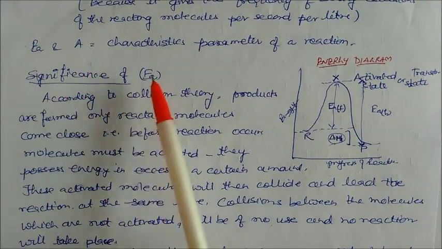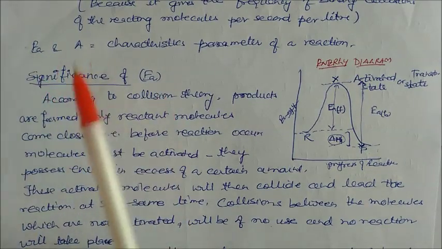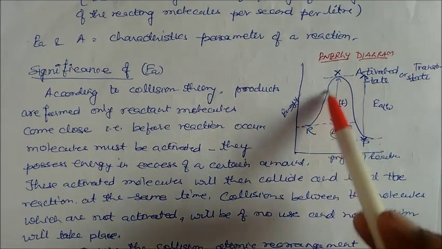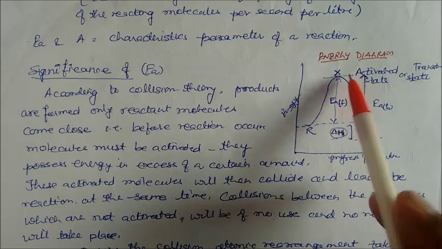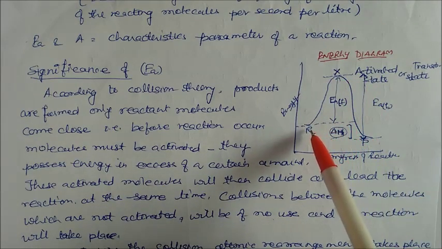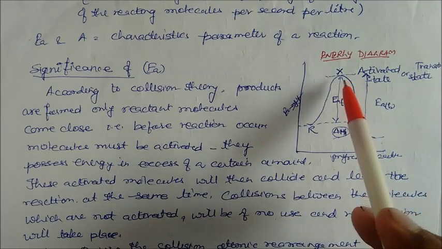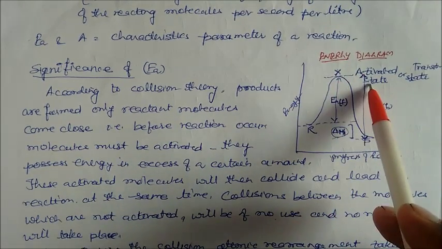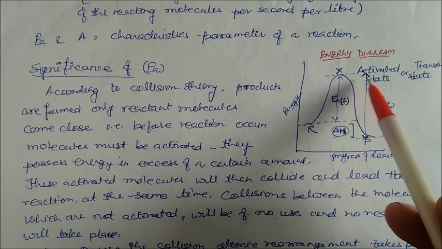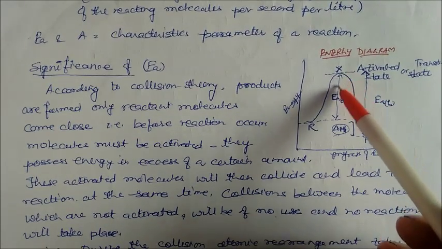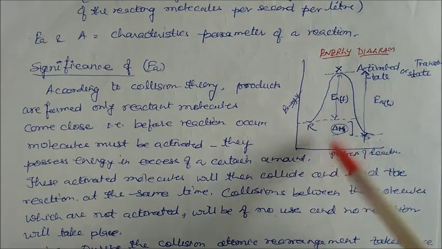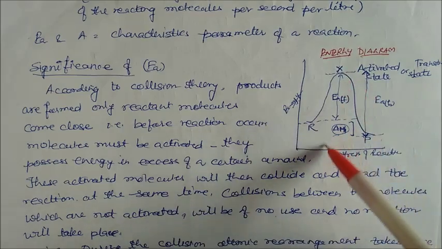Now what is the significance of Ea? Ea is the activation energy, so we can see here the reactant is converted into product, and X is the activated complex. If the reactant is given this much amount of energy, it will convert into such a state which can go back also and go forward also, both are possible. The energy of this activated complex is the whole range from this to this.